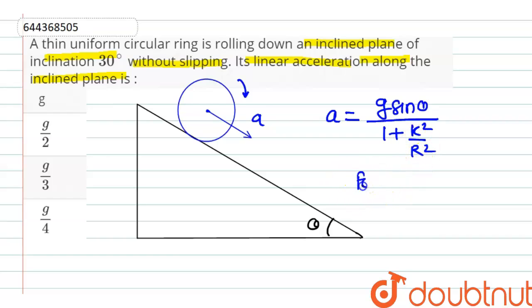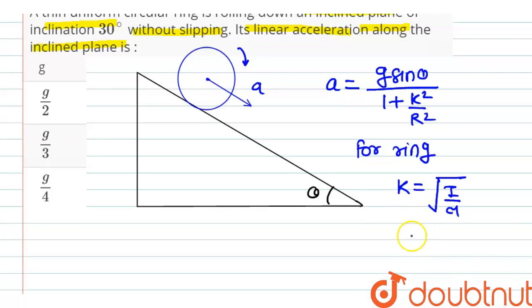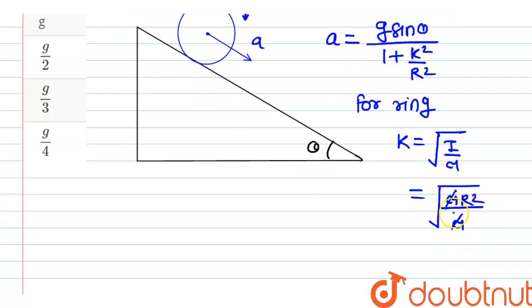We know that for ring the value of k is calculated by the formula root of I upon m. Now for ring the value of I, that is moment of inertia, is m r square, divided by m. So here m will get cancelled, root of r square it will be r. Therefore for ring the value of radius of gyration k is equal to r. Putting this value in equation number 1, we get